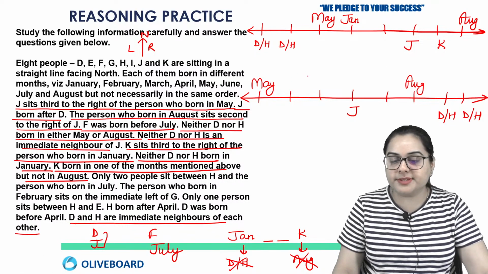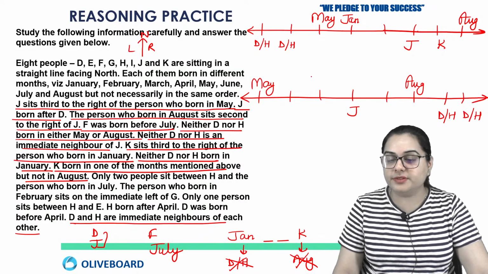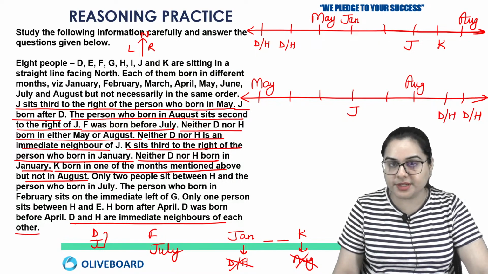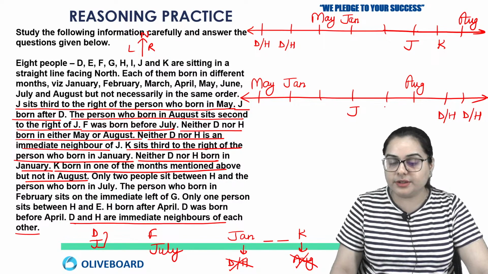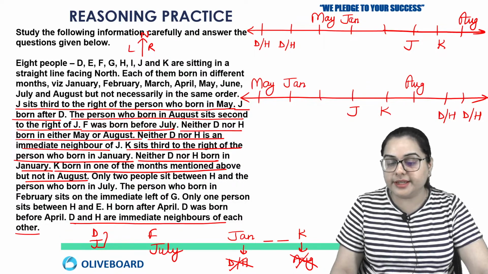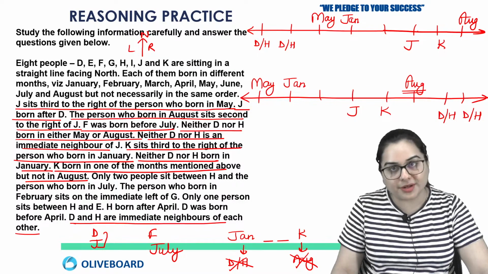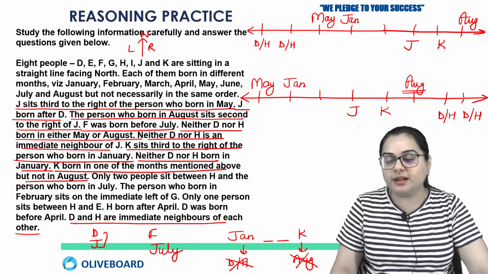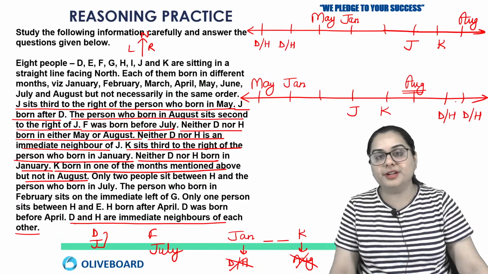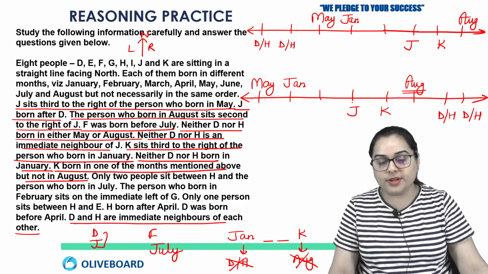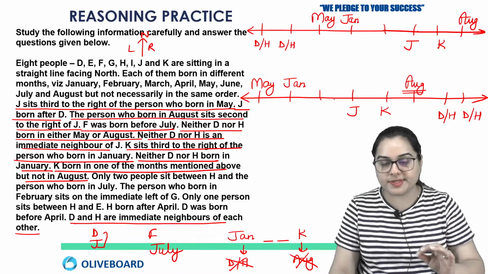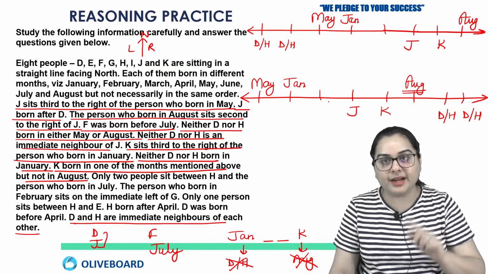Okay, in the second possibility, if you consider the month of Jan and K, now first is May, second position, if I fill with Jan, and after that leaving two positions you have to fill K. But if I move one step further, then next position is for the month of August where I cannot write K, and last two positions are already reserved for D and H where I cannot fill K. Okay, so this is the only positioning possible for the month of Jan and K.